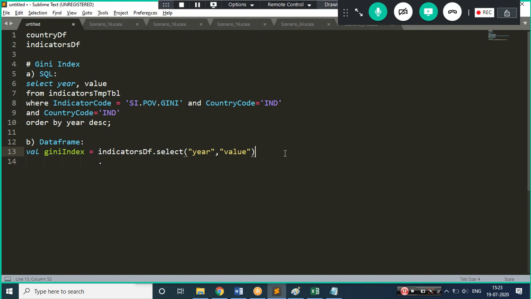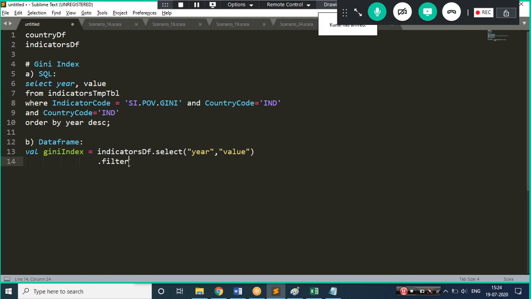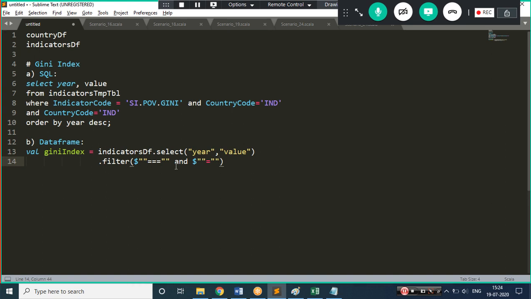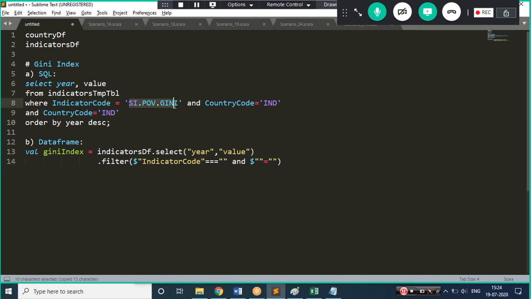To pass the code, I need to filter it, because what I was doing was applying a where clause over here. So here I'm trying to replicate that. This will be my first column name, the equality, then the second column. I'm just trying to create the syntax first. This is how I do coding in my project, so I'm used to that mode only. What is my indicator code? This is my indicator code. Let's place this, the column value of that indicator code.